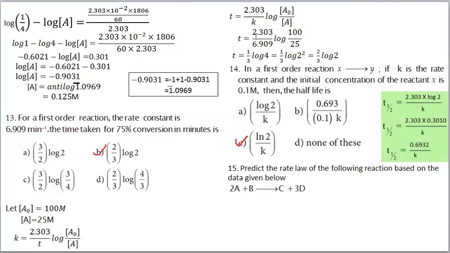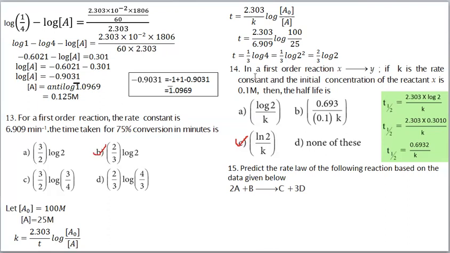Then here you see this number, just this triple is this number. So we'll get 1 by 3 here. 1 by 3 log 4. Log 4, this 4 we can write as 2 square. Then the power term we can bring to the left side in logarithm. So we'll get 2 by 3 log 2. So option B is the right one.